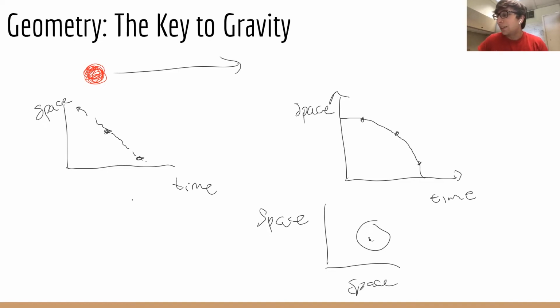And thinking about the fact that objects travel in straight paths in the absence of gravity, Einstein was wondering, well, maybe instead of the objects themselves curving, maybe the objects are moving on paths in some curved background, which is causing them to look like they're curved. Maybe this idea is right, maybe this idea is wrong, but it's basically all of the connections that Einstein drew that help us understand why this is such a compelling idea. And so now we're going to go through